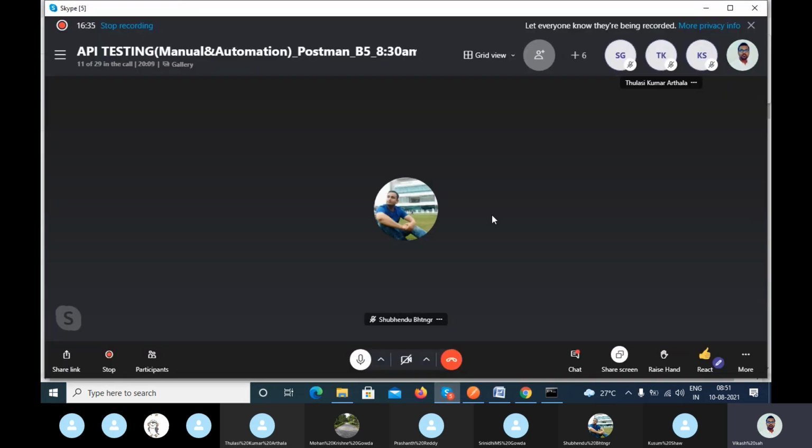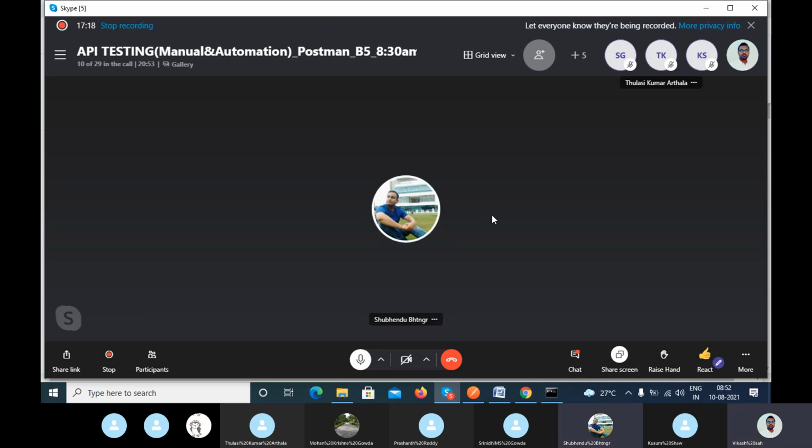So in the interview, they will ask you this type of question. Let's suppose you are trying to create the data. Can we print 200 OK or not? Yes, you can. If your client is asking, then you can print 200 OK also. If the client is asking for 201 created, then it is 201 created. So you can print both. So in the interview, they will ask you when you are getting 201. So you have to answer that when we are trying to create the data, you will get 201 created.